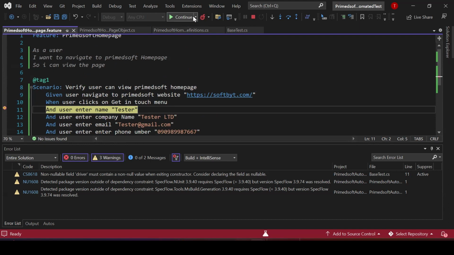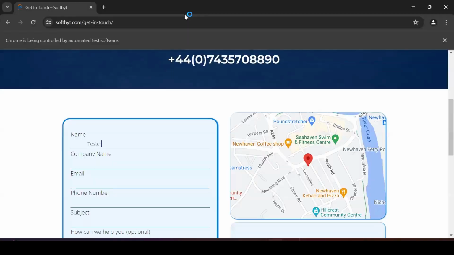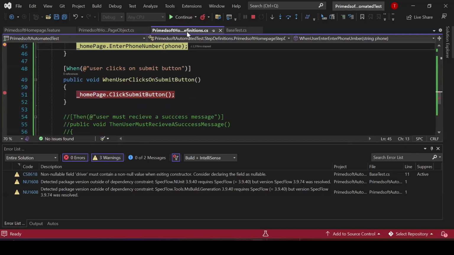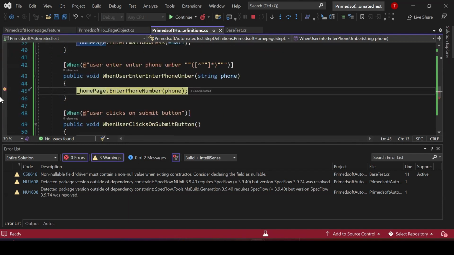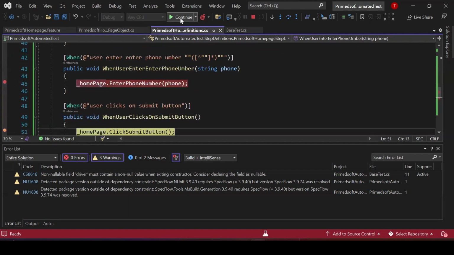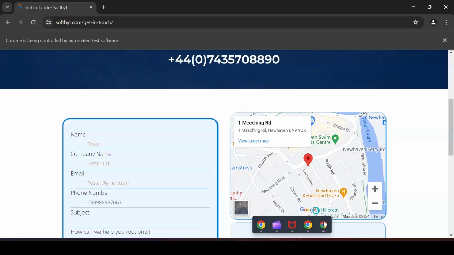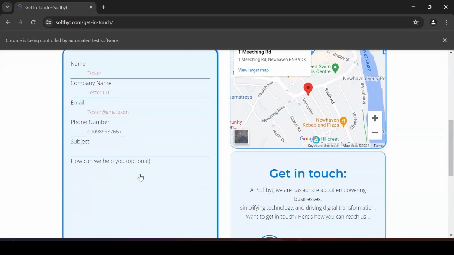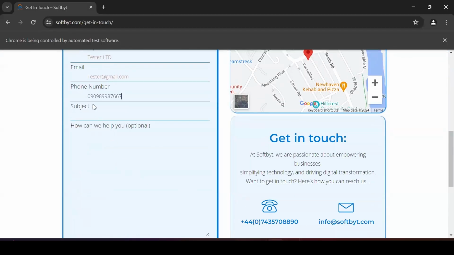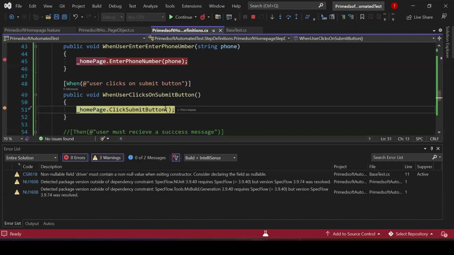Okay, let's continue. It is on the phone number. I'll just click on continue. This is where it is now, the phone number. So I'll just click on continue. So it's on the submit. Let's have a look. You can see it has entered everything. The only thing left is submit. So when I perform a click on the submit now,